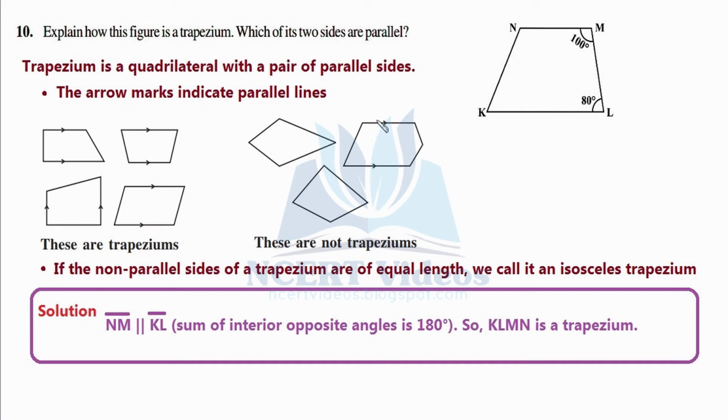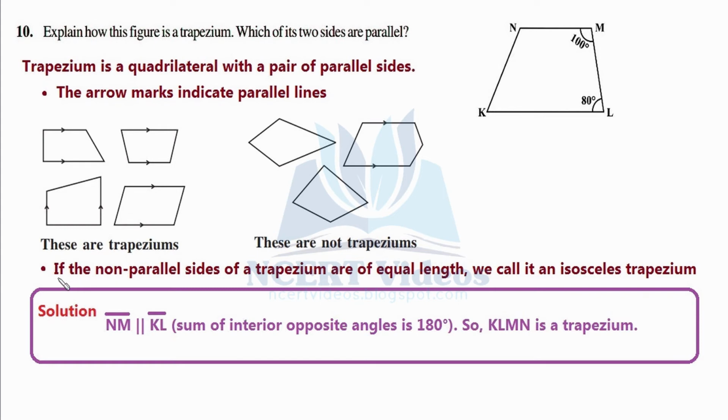Again, over here, we are given two parallel lines, but it fails in the second condition. That is, it must be a quadrilateral, but it is a pentagon having 5 sides: 1, 2, 3, 4, 5. Again, over here, although it is a quadrilateral made up of 4 line segments, we are not provided with the arrow signs that indicate two parallel lines.